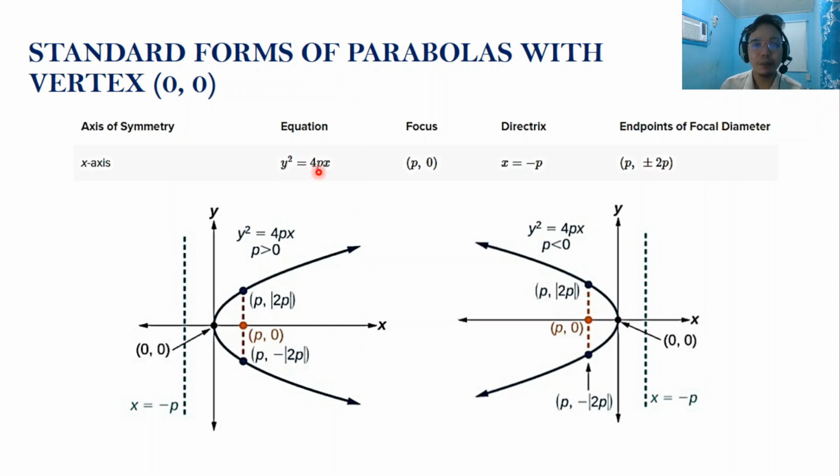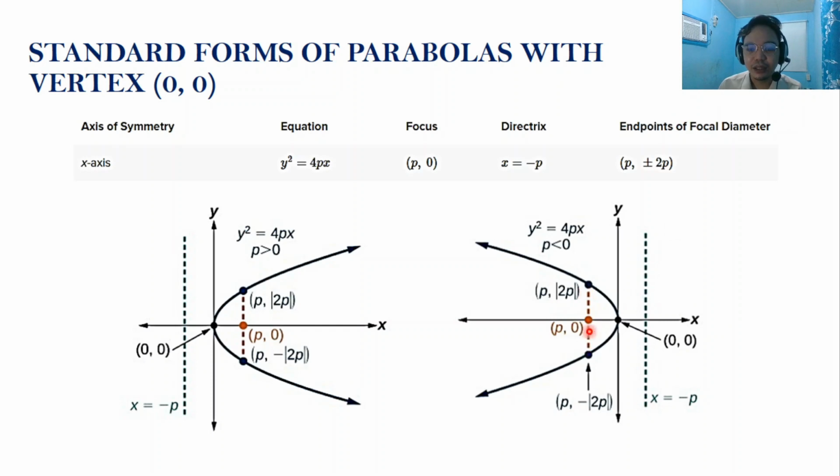So marami kayong mababasa na sa ibang books or ibang articles, ibang reference na ang ginagamit ay c. That is okay, that this is just a variable na pwede nating palitan ng kung ano-anong letter except y and x. Yung iba, a din ang ginagamit. Okay, let's proceed. So we have the axis of symmetry. Yung vertex nila ay nasa origin. We also have the directrix